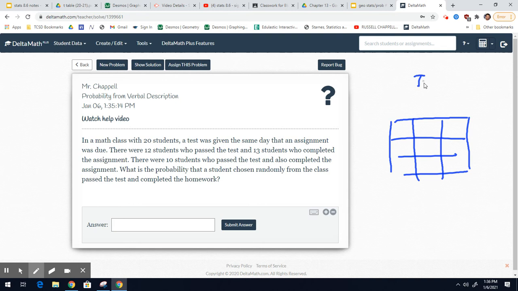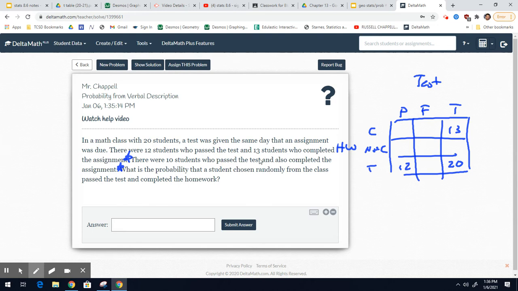So this is the test up here. This is the homework here. Again, completed, not completed in total, pass, fail, and total. So there were 20 students this time. 12 passed the test. 13 completed the assignment. Now, this question right here, this sentence, there were 10 students who passed the test and